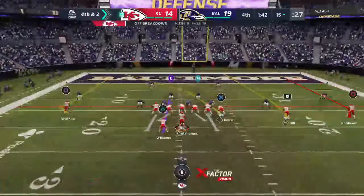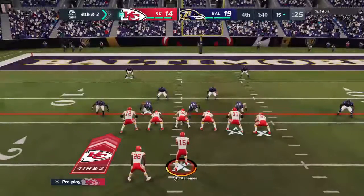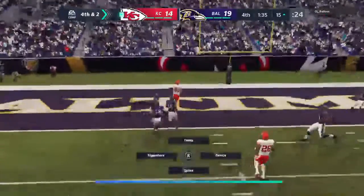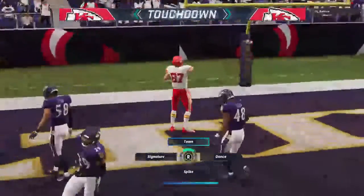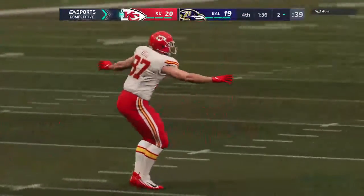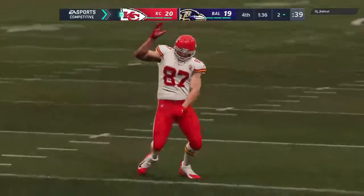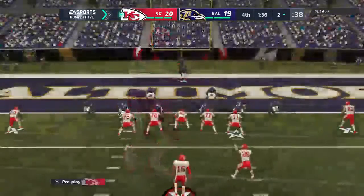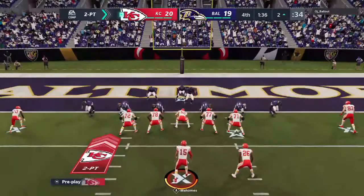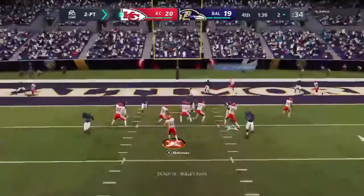And down by 5, they've got to go for it here on 4th down. They'll go for it. It's Mahomes. And he will take it on in for a Chiefs touchdown. Mahomes hitting his favorite target, Travis Kelce, on the touchdown pass. And the Chiefs are going to jump back in front. The Chiefs. Wow, I know it's a never-say-never situation, but to me, that looks like that's the one that's going to finish them off. The score that puts...